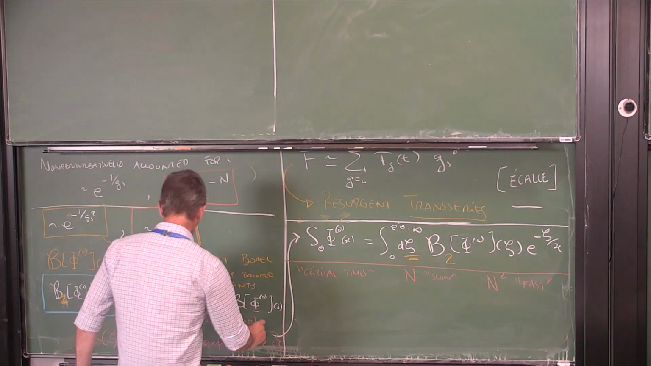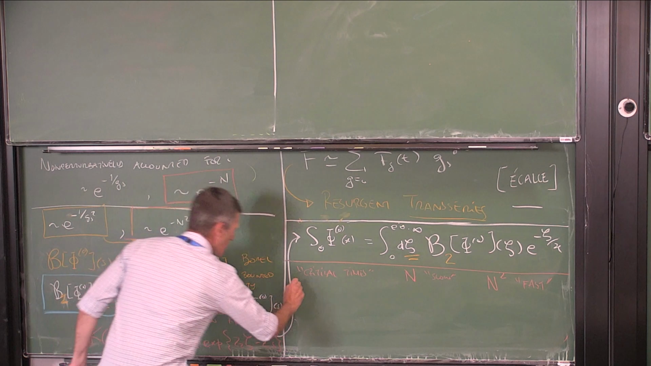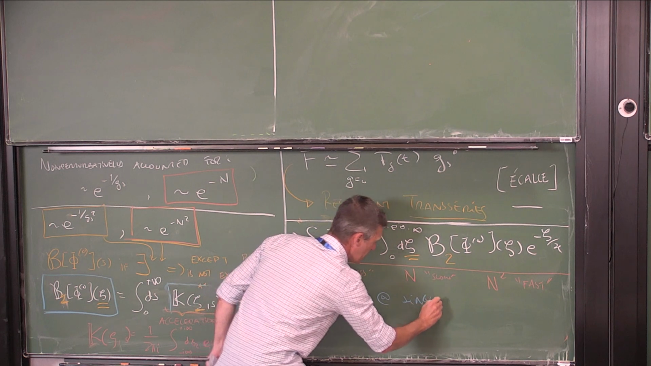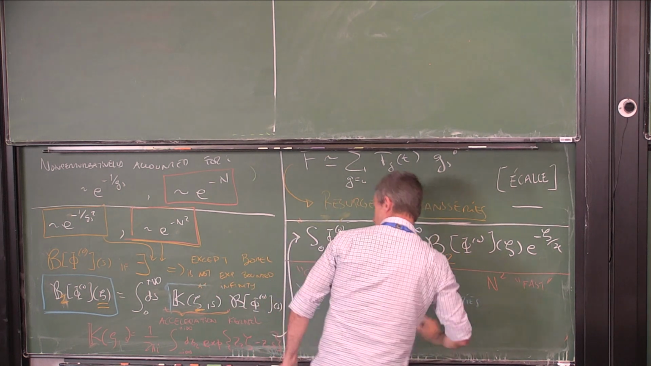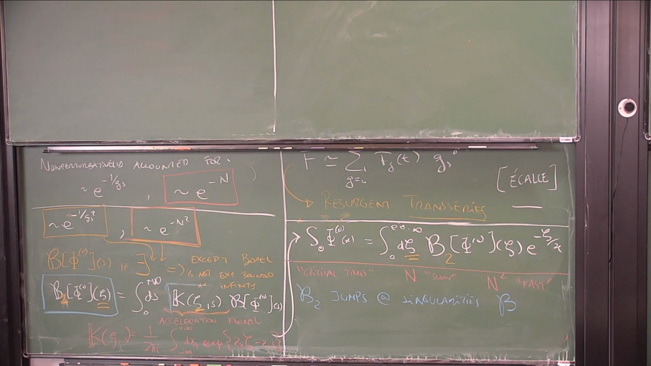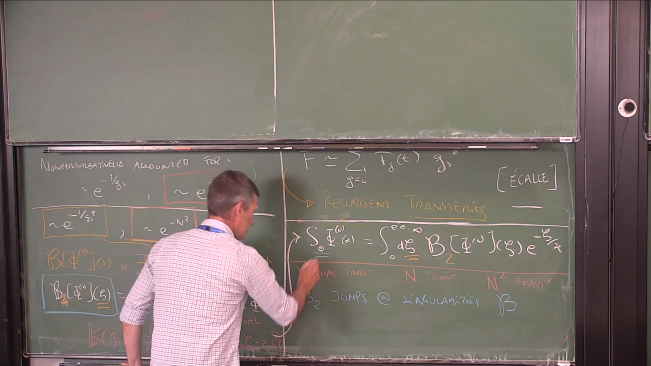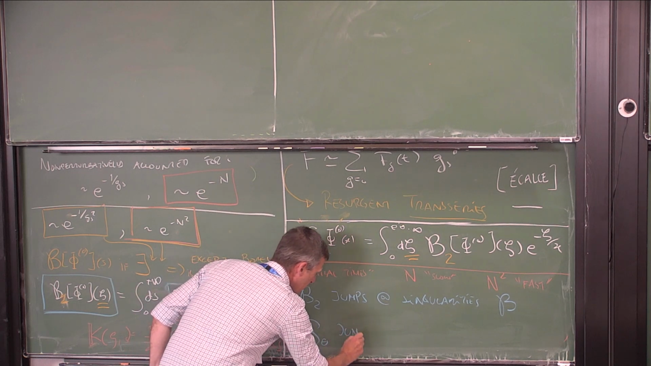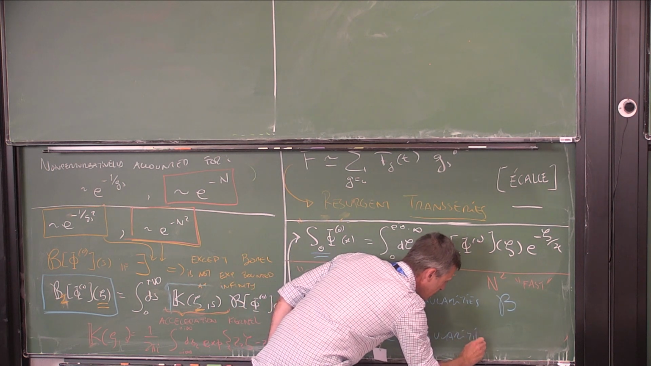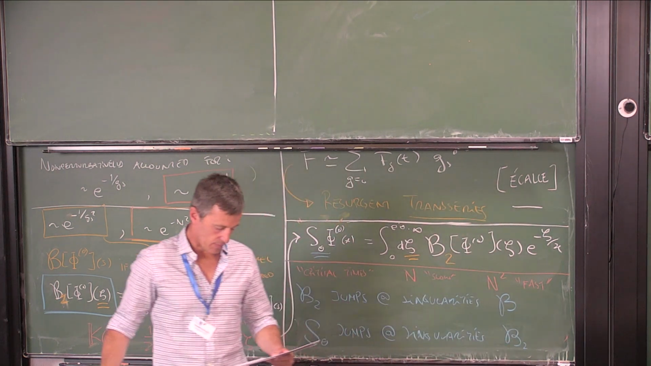So, sorry, I didn't want this. This guy jumps at the singularities of Borel. And the resummation jumps at the singularities of this guy. Resummation. So now I have two discontinuities to take into account. Jumps at singularities of B2. And so